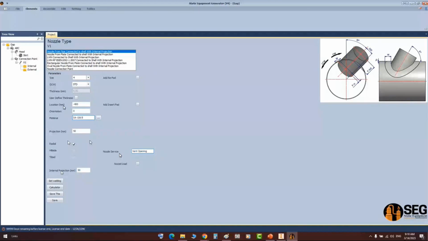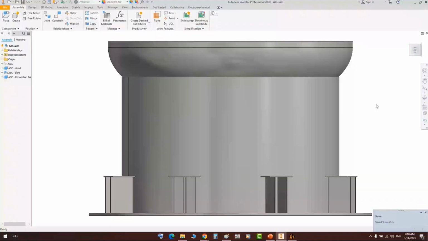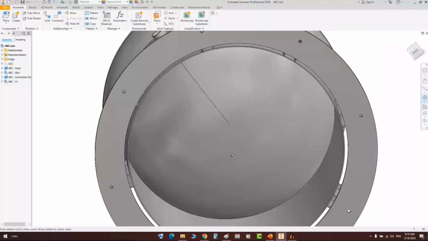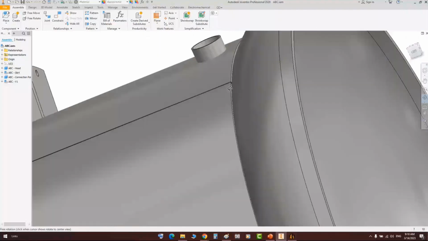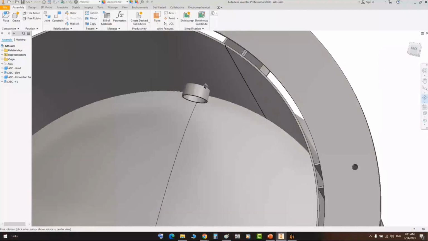Now, when you try to create this attachment, we will get an opening like that, on that degree, located on the skirt, and the projection of this part will be 500 millimeters. And from inside, if we take a look from inside, this type has internal and external projection. Now let's add another